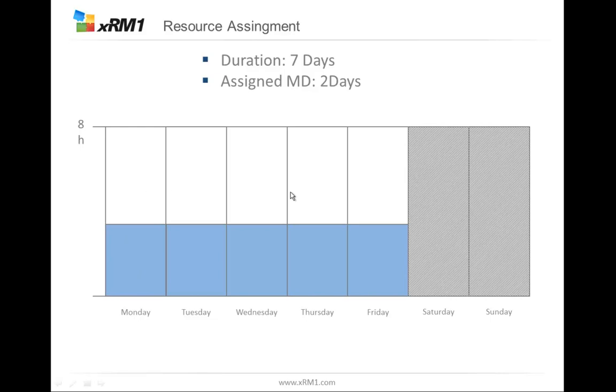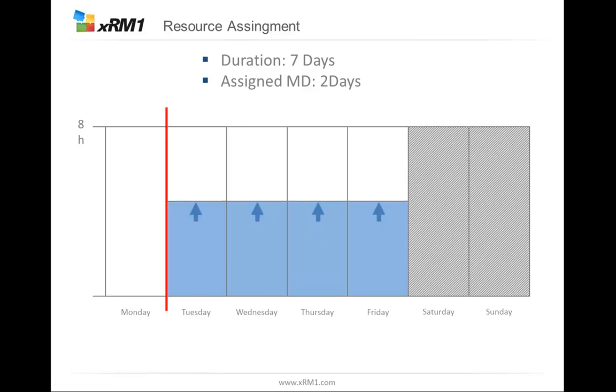In that case, it has the 5 days availability and splits out the 16 hours to these 5 days. If now somebody is not working, for example, Monday is over and I did not do anything, these days will go up. Like Monday is gone, I have only 4 days left. For a duration of 4 days, but the 2 man days still need to be done, so the 16 hours will be spread into the 4 days.